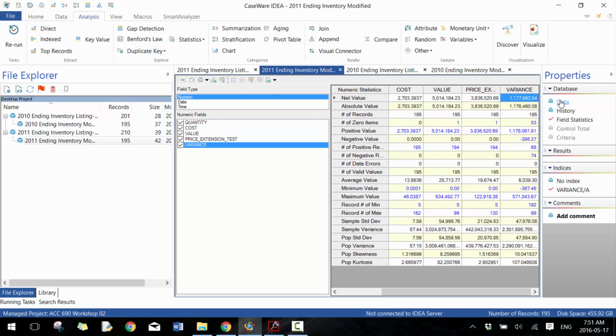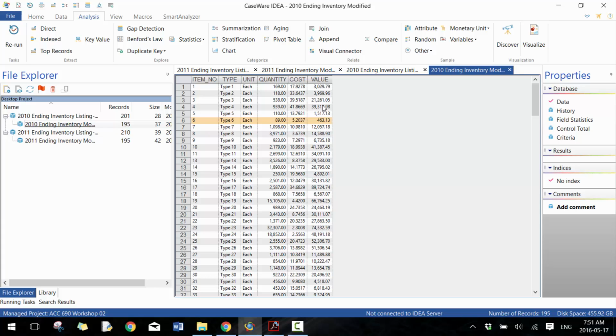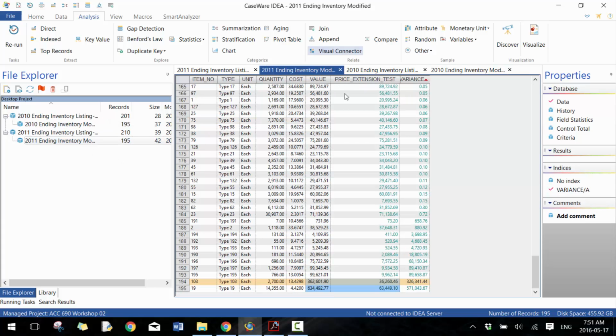Make sure it looks the same. Yeah, perfect. More or less. Okay. And now what we're going to do here is I'm going to take the 2011 listing, and now I'm